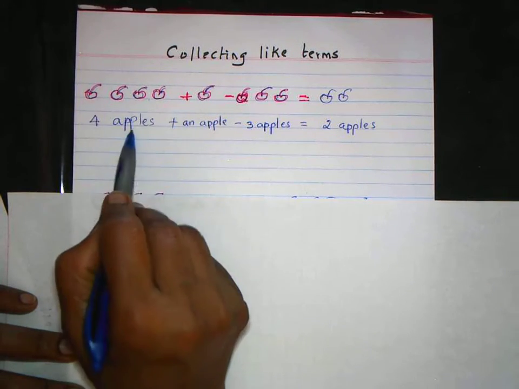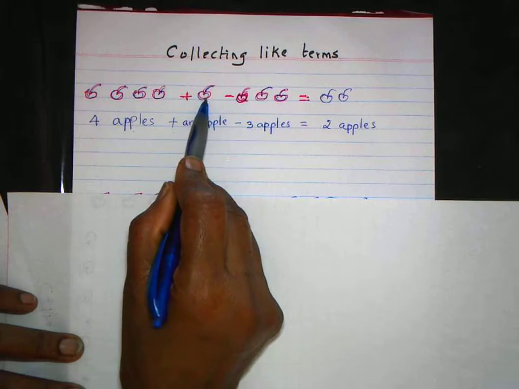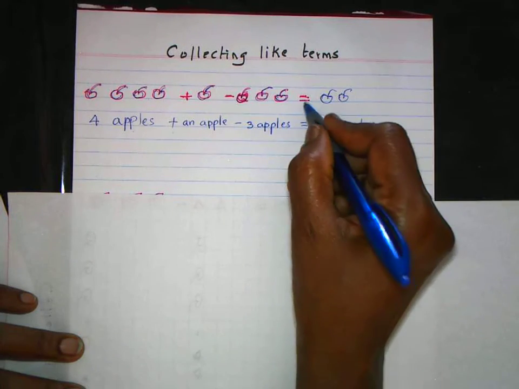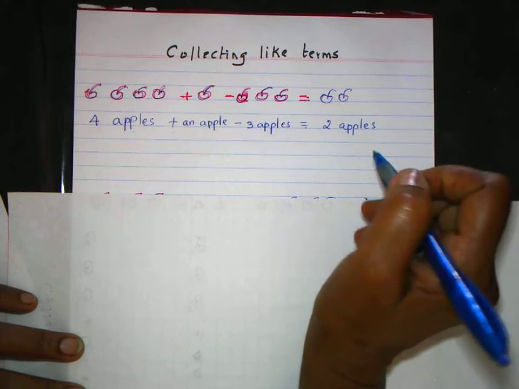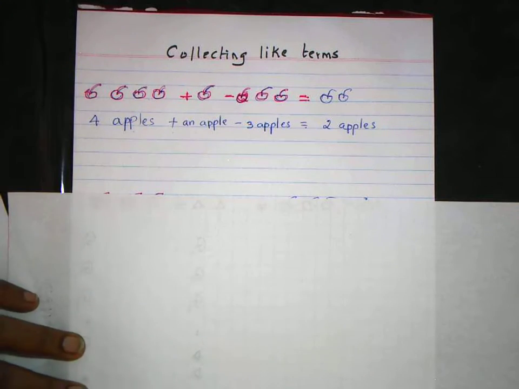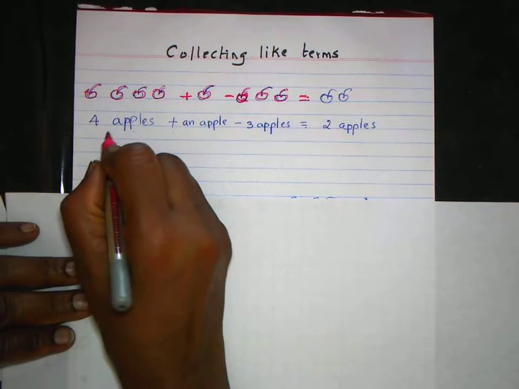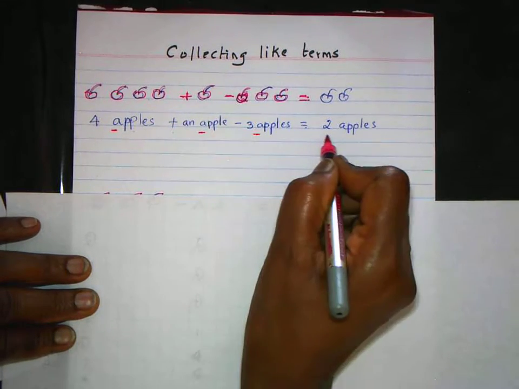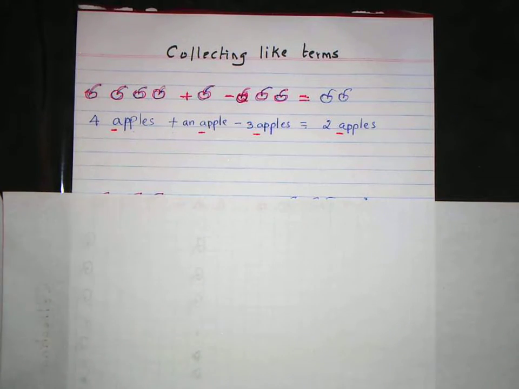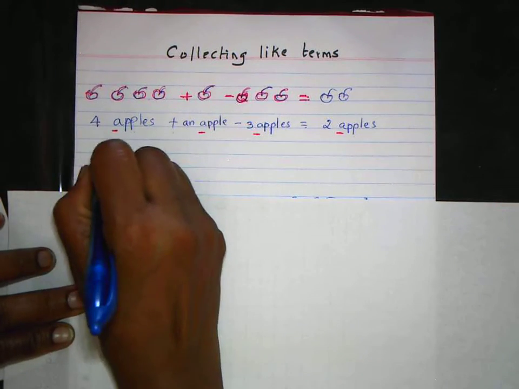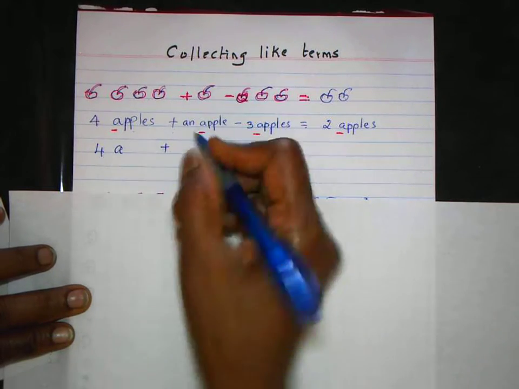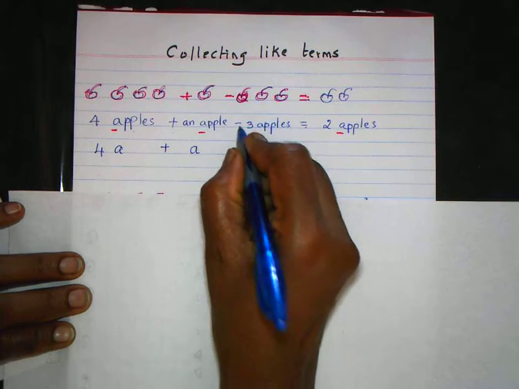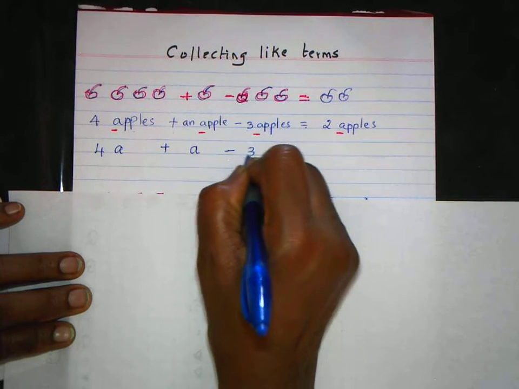I'm having 4 apples, I write it here, I put the plus as it is, I put an apple and then take away, and then I have 3 apples, I write it, I know the same symbol, then I have 2 apples. Pretend that I'm a bit lazy to write apples as full word. I'm just going to replace apple by a. So when I do that, the next line I'm going to get 4a plus, we don't write 1a on apple, we just replace it by a, and then take away 3a